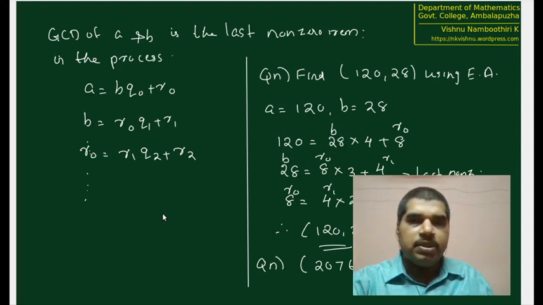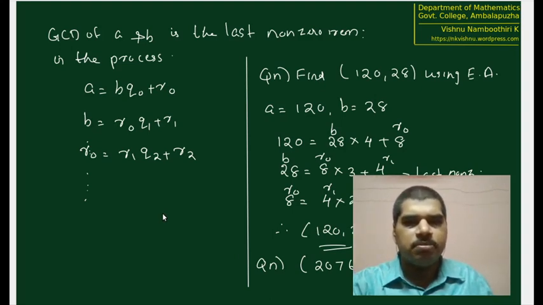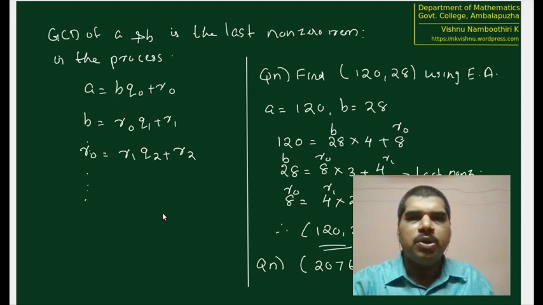And we can see that by finding the GCD using the Euclidean algorithm, the number of steps we have to perform is much less compared to what we have to do if we are using the direct definition for finding the GCD. That's why we use the Euclidean algorithm for finding the GCD all the time.